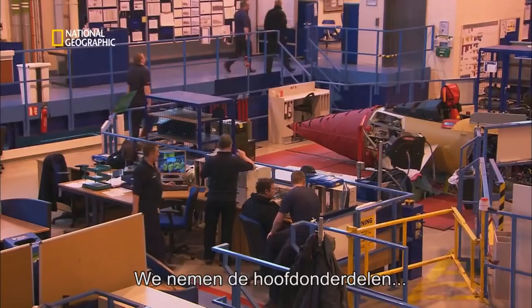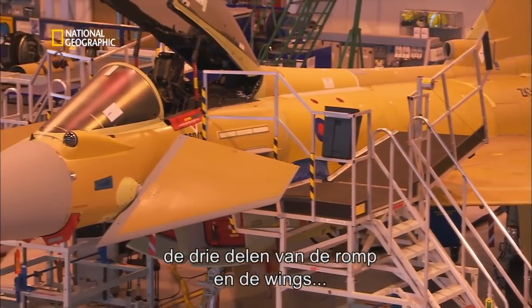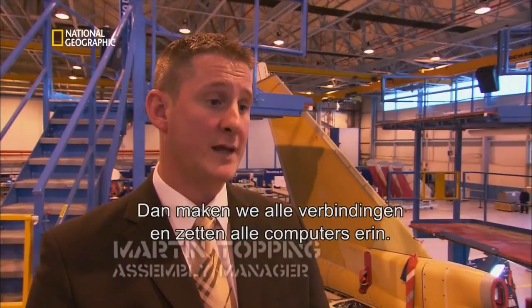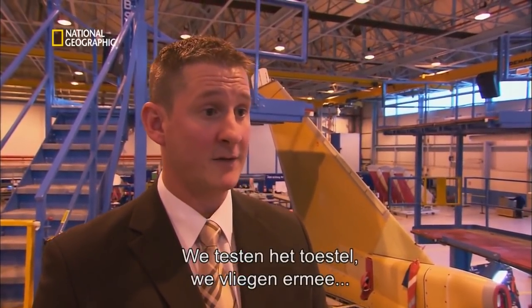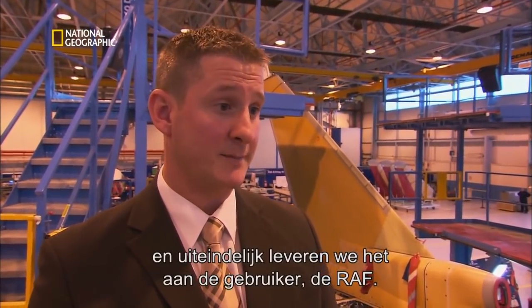Basically what we do is we take the major unit products, so the fuselage sections, the front fuselage, centre fuselage, rear fuselage and wings. We assemble those all together. We then make off all the electrical connections. We then put all the computers into the aircraft. We test the aircraft, we fly it, we paint it and ultimately deliver it on to the end user,